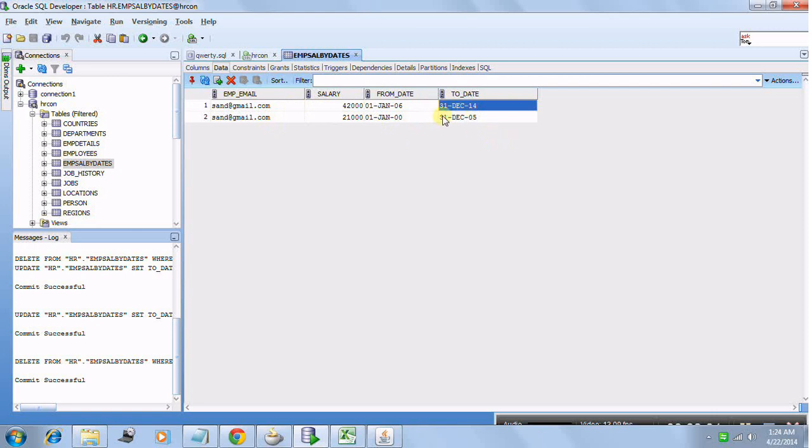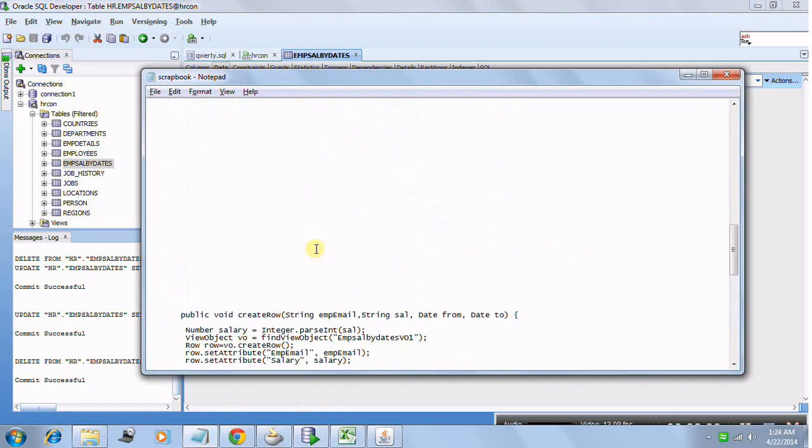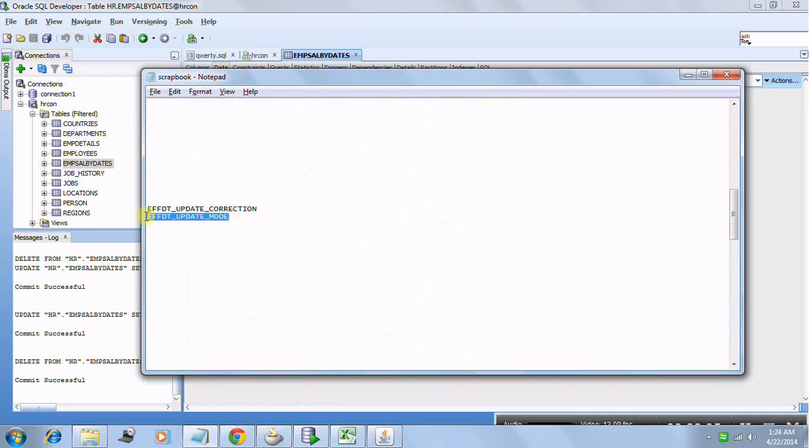You can provide an effective date with which you can split the records and divide the span of period of time here. Now there is one more method, in which let's suppose one HR comes and says that for this span of period this data is not accurate, and the salary was actually 22,000, not 21,000. So you don't want to split this record, right? You just want to update this particular record itself, right? So in that scenario what you will do, you will use